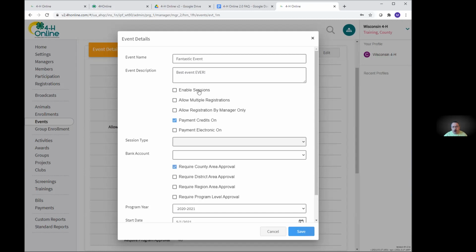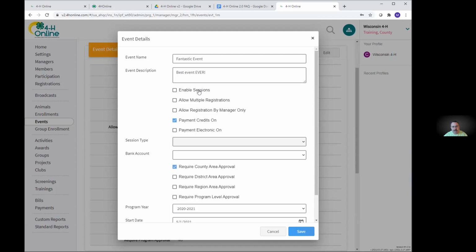And sessions would be more like, let's say you're having a couple game nights and you're going to have one this Saturday and one next Saturday. They could sign up for this Saturday or next Saturday, and it'd be the questions they would ask. So it would actually keep them separate so that you could track them separately. It'd be like creating two events that are exactly identical, but they're happening at different times.